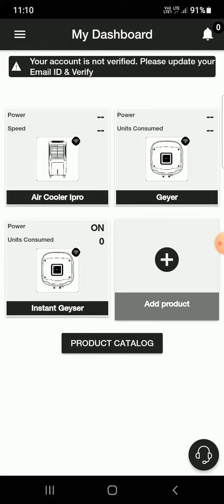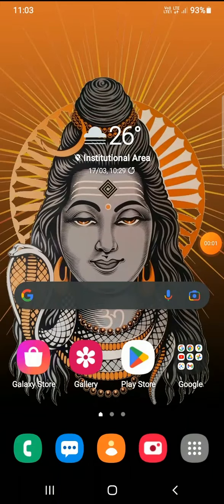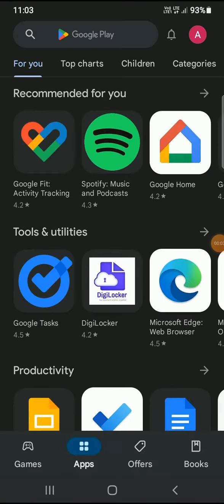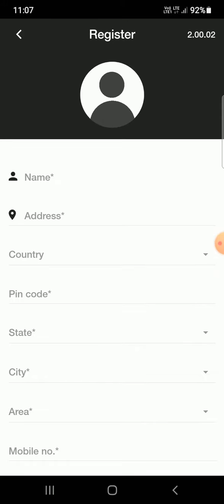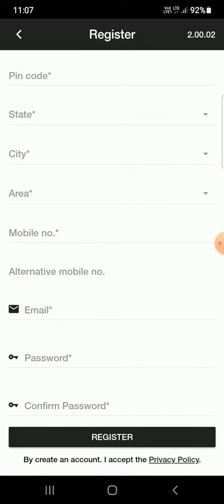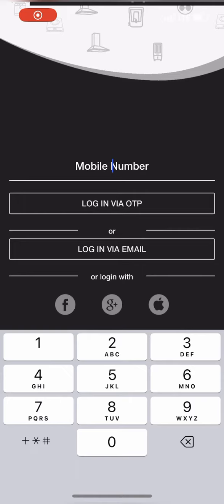In this video, we will see how to add Hindware IoT product in Hindware Smart Appliances App. First, download and install Hindware Smart Appliances App from App Store or Play Store and register yourself. If you have already installed and registered Hindware Smart Appliances App, then just log in and click on Add Product